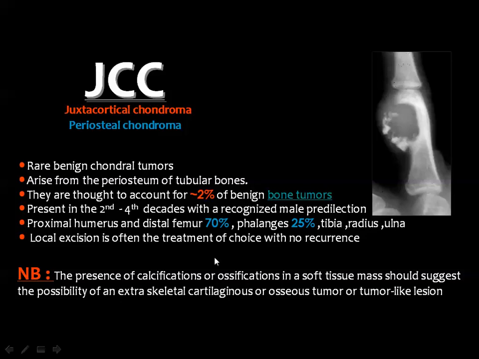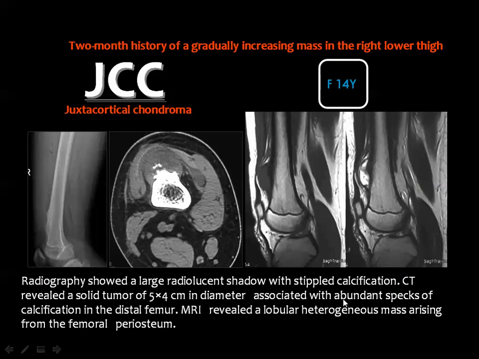The most common sites are the proximal humerus, the distal femur, and the phalanges, tibia, radius, and ulna. Then this is the golden rule that the presence of calcification or ossification in a soft tissue mass should suggest the possibility of an extraskeletal, cartilaginous, or osseous tumor or a tumor-like lesion. This is an example of